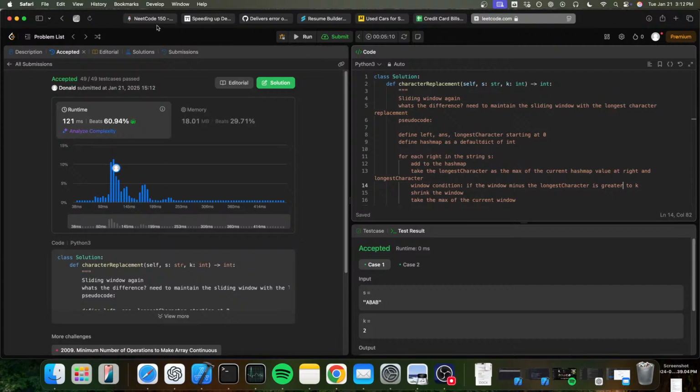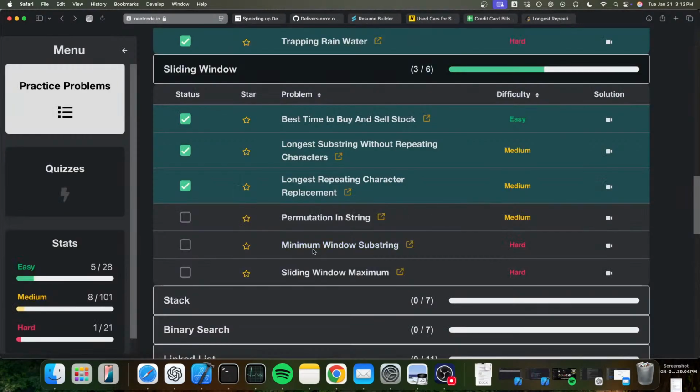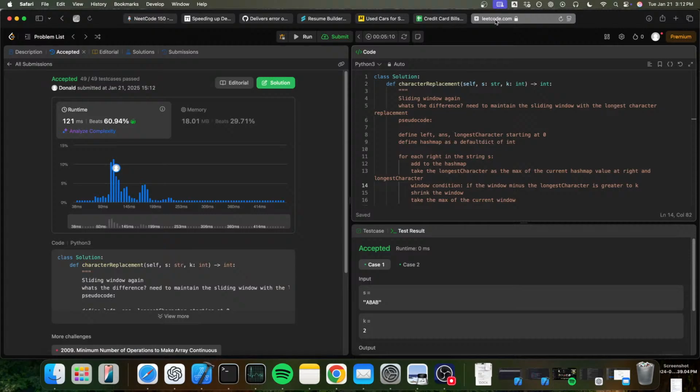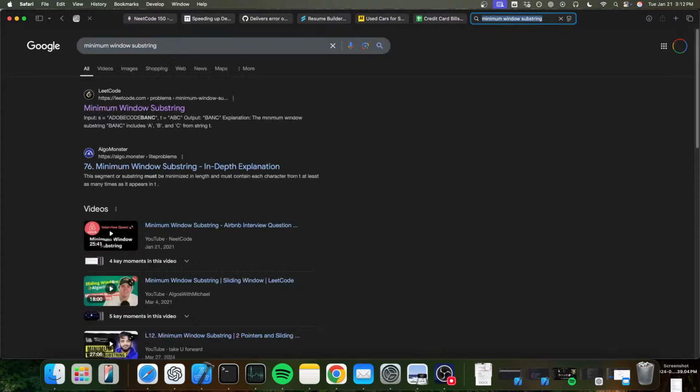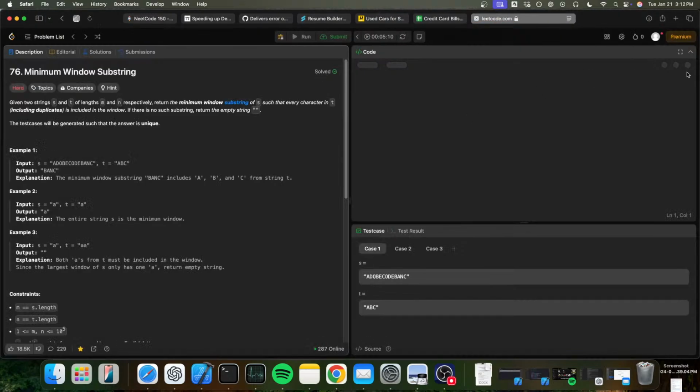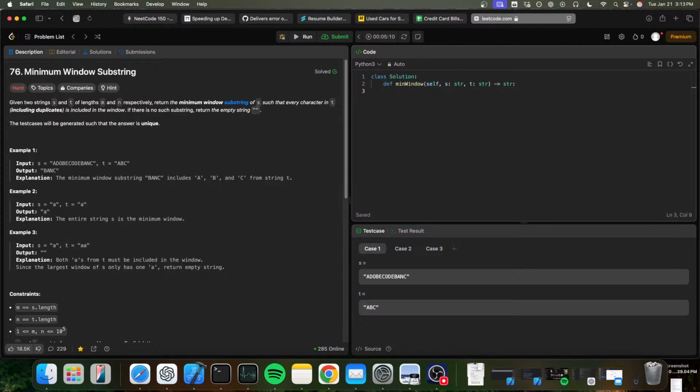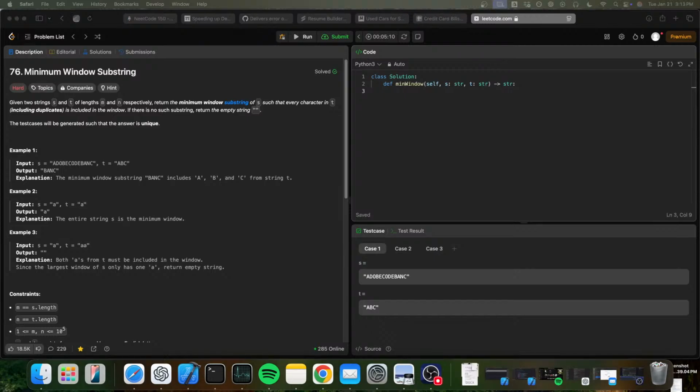All right, so next problem, I'm going to do minimum window substring. All right, so minimum window substring. So given